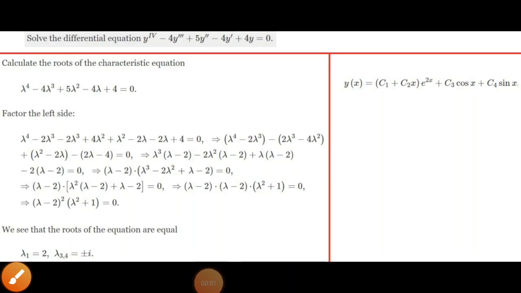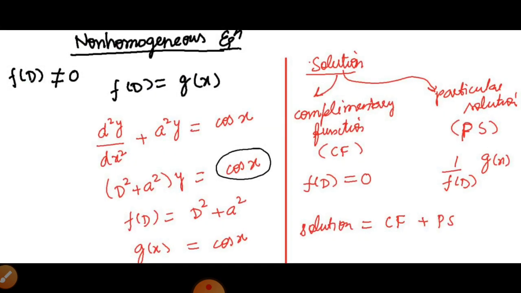Till now we have discussed the homogeneous differential equation, in which the right hand side was 0. We can also see that the right hand term may not be 0; it can be some function of x. It can be a constant term, or a polynomial, a trigonometric function or an exponential function, any function of x. Then such a differential equation is called a non-homogeneous differential equation. This equation can generally be written as f(D) y equals g(x), where f(D) represents the derivative terms or the characteristic equation and g(x) represents the non-homogeneous part of the equation.